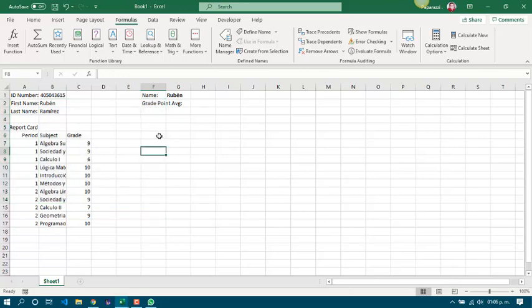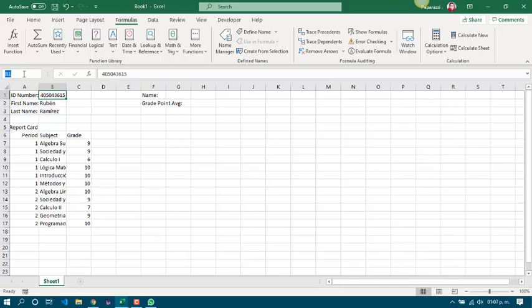In some cases, we are able to make names. These names are going to work as references. This way, I can better understand what is being referred to in a cell. For instance, I can call this cell first name, then this one last name, and this one ID. For doing that, we just have to select the cell, then go to the name box and write the